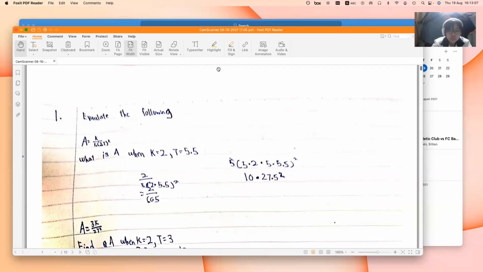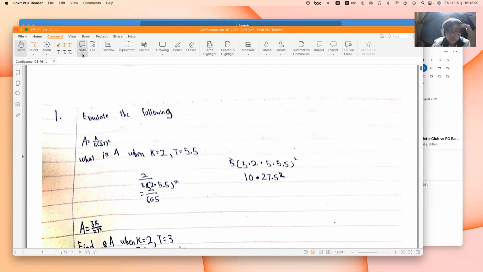Okay, so if you look at this question, I think this is a very straightforward question. What you have is k, and then of course the 5, and then 2t, and then you need to square it. By the way, the square here only applies to this 2t. Am I right? So what you're supposed to do is